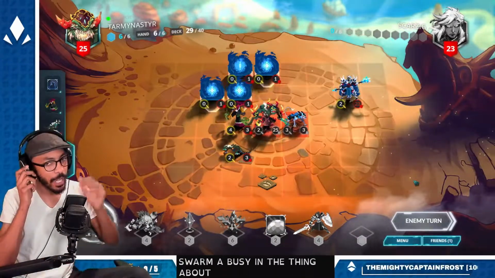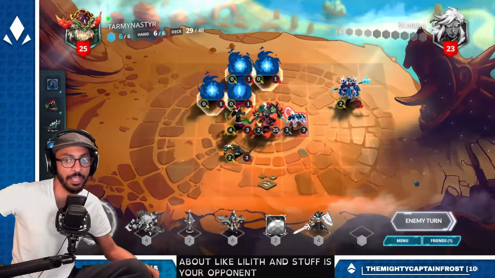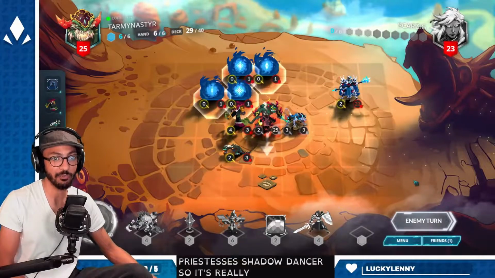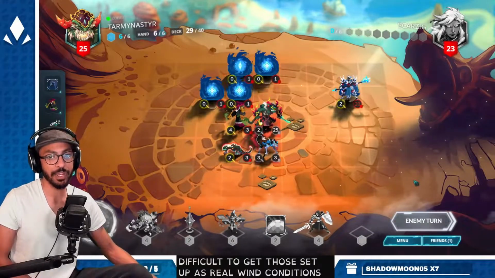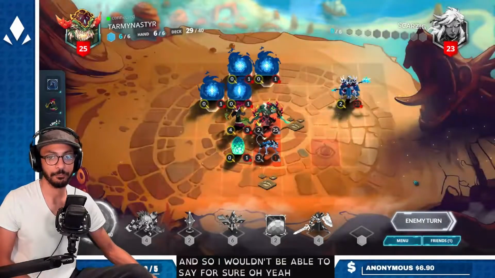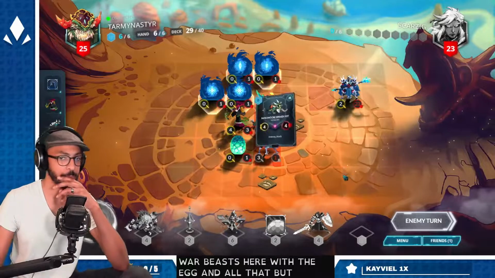The thing about Lilith and stuff is your opponent is going to be anticipating Blood Moon Priestess and Shadow Dancer, so it's really, really difficult to get those set up as real win conditions. I haven't played a ton of Abyssian, so I wouldn't be able to say for sure. But yeah. My opponent's got a really good War Beast here with the egg and all that, but...